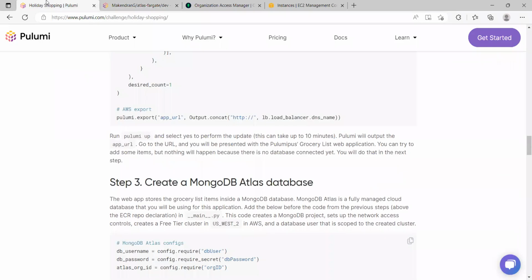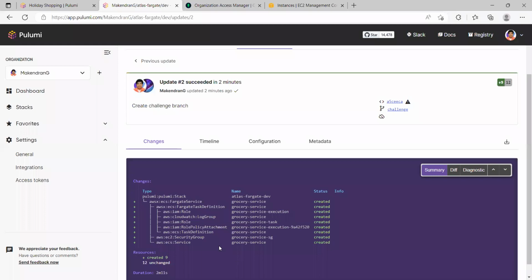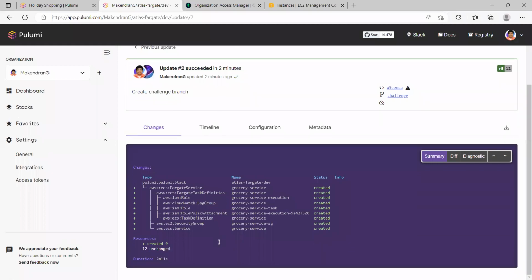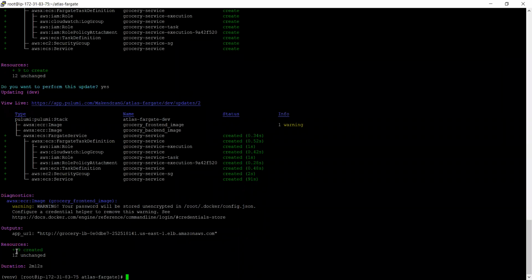Once this is done, we can go with step 3, that is creating a MongoDB Atlas database. Now here you can see it has been completed. Nine resources have been created and 12 are unchanged. Let me go to the console, and here you see the app URL as well as how many resources have been created. I'm just copying this URL